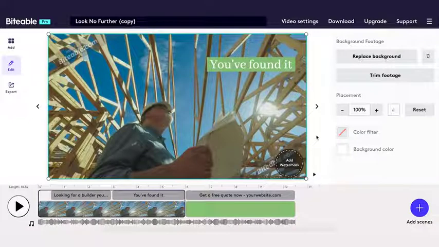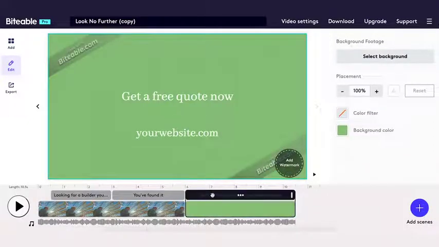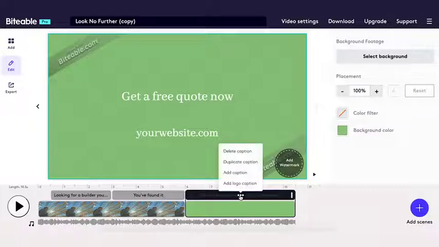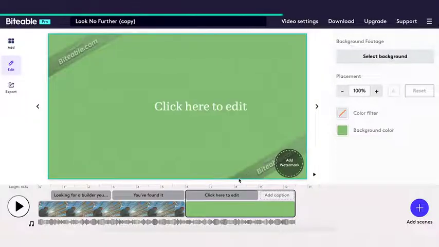Something else you may wish to do is add a logo or an image over the top of your video. So I'm going to go to our second scene here on the right hand side, and this has a caption in it already, but let's say we want to add a logo or an image. We'll start just by removing that caption and then we'll select add caption and choose add logo caption, and then